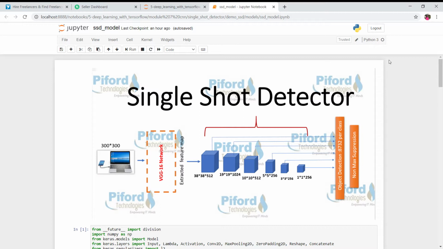Let's begin with the code of the SSD layer structure. So this is the layer structure of SSD. Let me brief you on the architecture first, then I'll show you the code. Over here, the input image goes to the VGG16 network, and we get extracted feature maps from here. Then we are using 6 prediction layers. These 6 layers are convolutional layers and the task of each layer is to perform object detection.